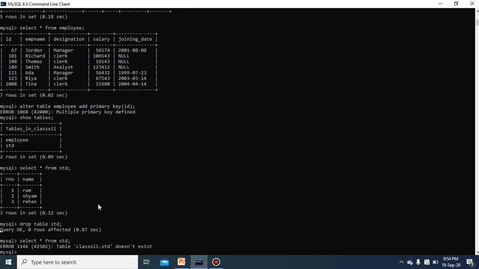One more thing I want to tell you: somewhere I am writing drop table, then alter table, and some commands do not need the table keyword. Let me recall that the DDL commands are create, alter, drop. These are the names of the statements, or examples of DDL commands. These all, create, alter and drop, need the table keyword, like drop table, alter table, create table.